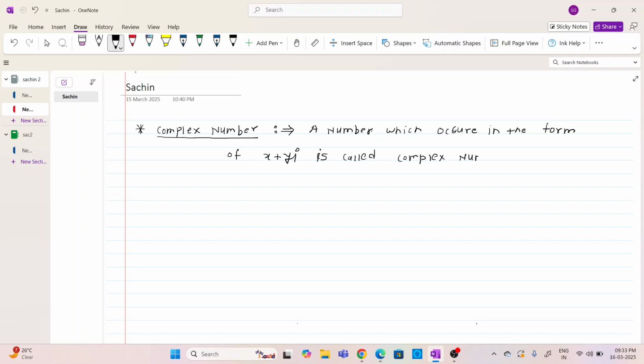Complex number, and generally it is denoted by small letter z, that is